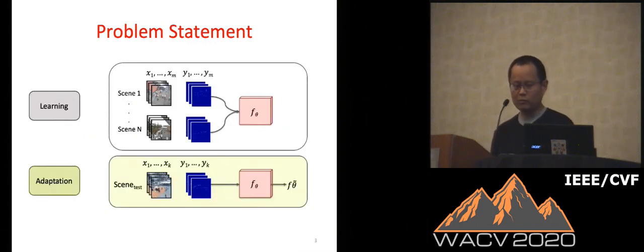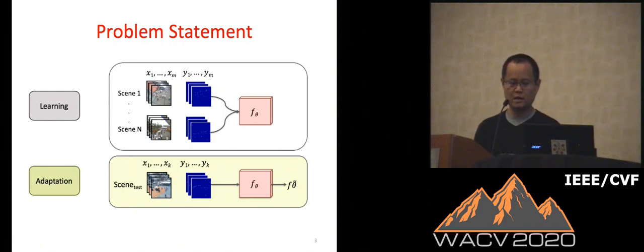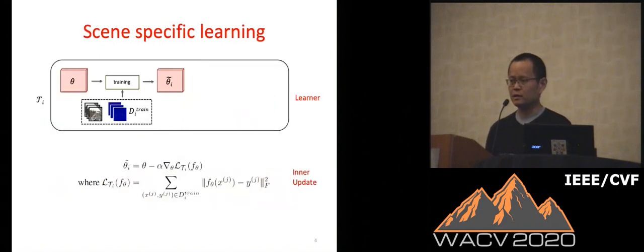In this paper, we propose a few-shot adaptation approach. During training, we assume that the training data come from many different scene cameras, and all the training images are labeled. Then during deployment, we assume that we have a new camera, and for that new camera, we have a very small amount of labeled data. The goal of the offline training is to learn a model parameter theta so that during adaptation, we can quickly adapt to the new camera scene.